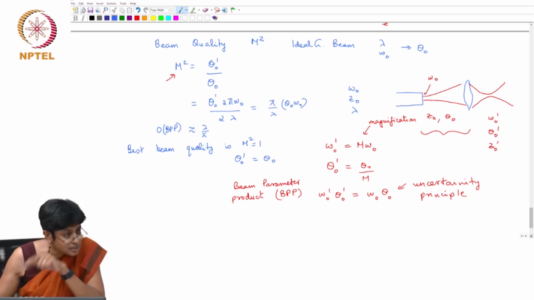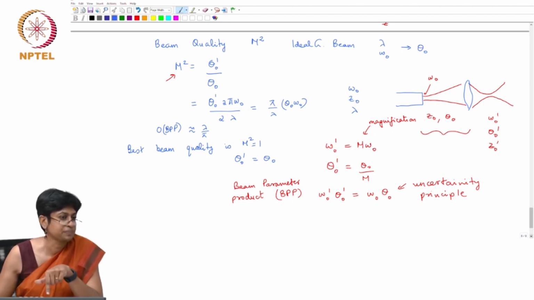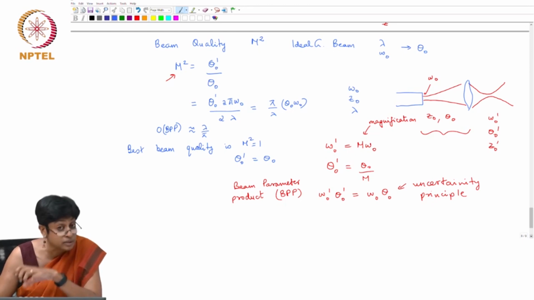It means there is some other term in its phase that accounts for its difference from the Gaussian. Right? So we're not saying this is a Gaussian beam, it has the same expression, but it's behaving differently. The very fact that a beam has an M squared greater than 1 means that its phase will be different from that of the Gaussian. Some other term or terms will exist in its phase.